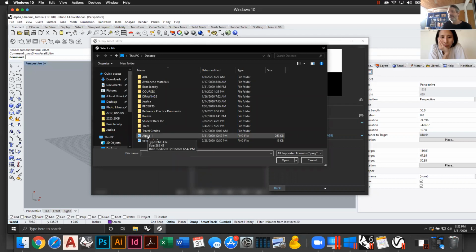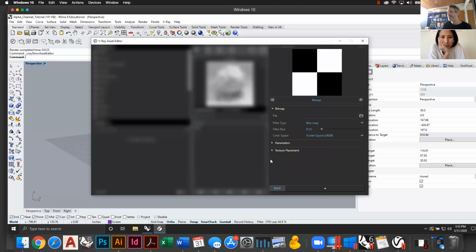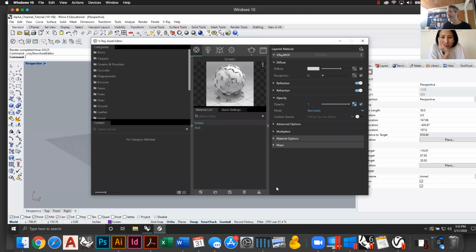And Alpha 1 is that alpha channel that I've uploaded on Box and also emailed to all of you. That's the thing that I just showed you that we generated in Illustrator. So I'm going to click on that, open that up. And we can see it here, it's stretched because it's stretching it to the confines of a box, but we've already tuned it to the dimensions of the wall on the outside. So now when we go back and it updates the preview of this,